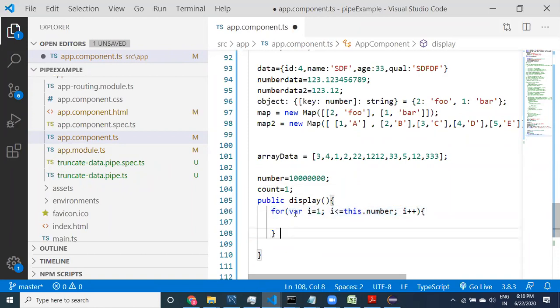When you see this, number equal to 1 lakh, count equal to 1.